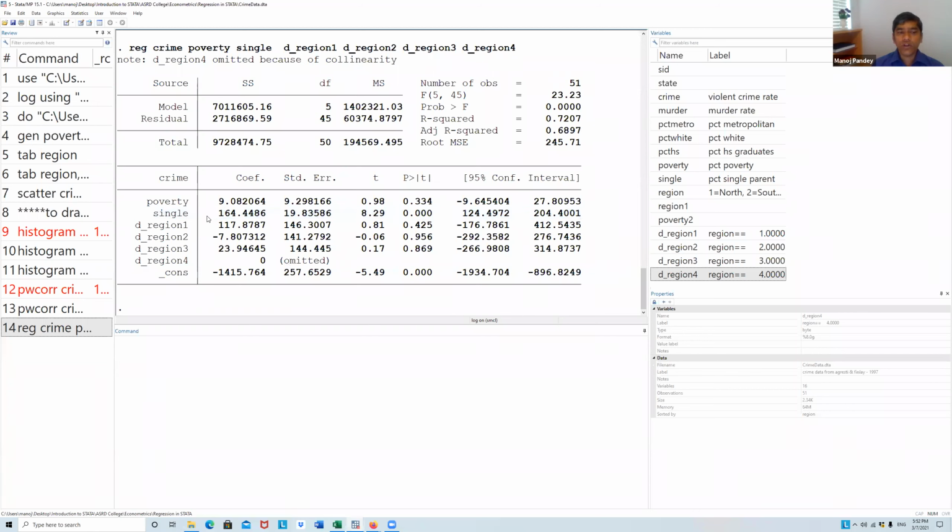Okay, and that is positive. It means that the states where the proportion of single parents is higher have a higher crime rate. Now, whether this crime rate is because of single parenting is something you cannot tell from this regression, because at best this only tells you the correlation, not the causation.